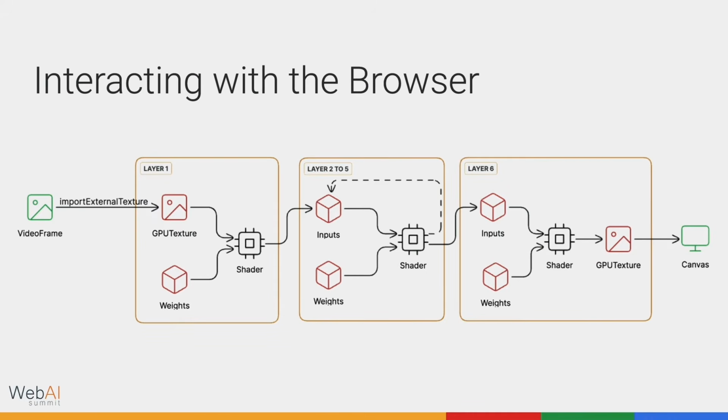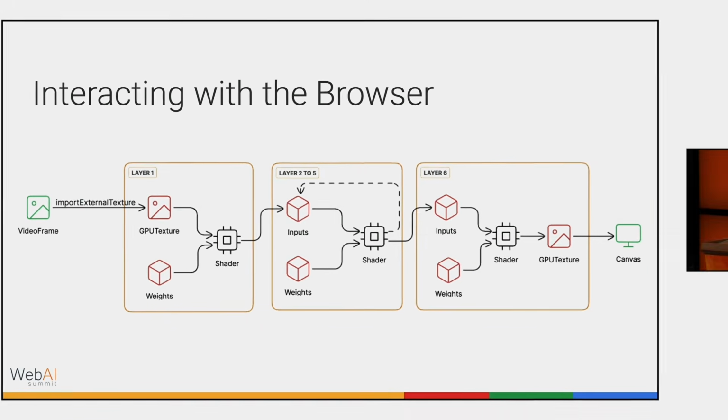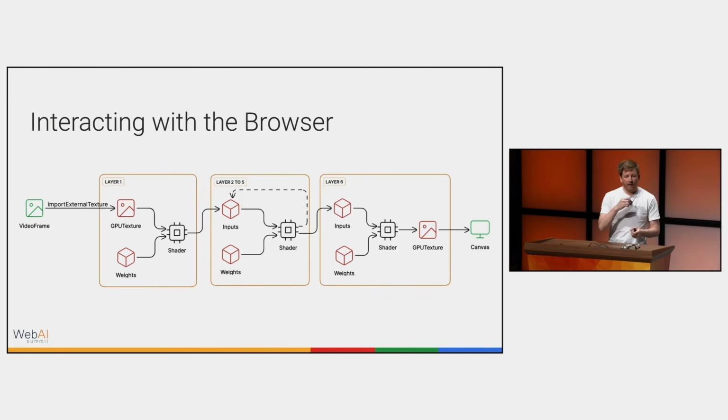So stepping back and looking at how this actually interacts with the browser, we start with using the GPU device.importExternalTexture. This is how you convert a video frame to a GPU texture. On most devices, the video frame is already going to be on the GPU, and this is, at the time that this function is called, zero copy. However,